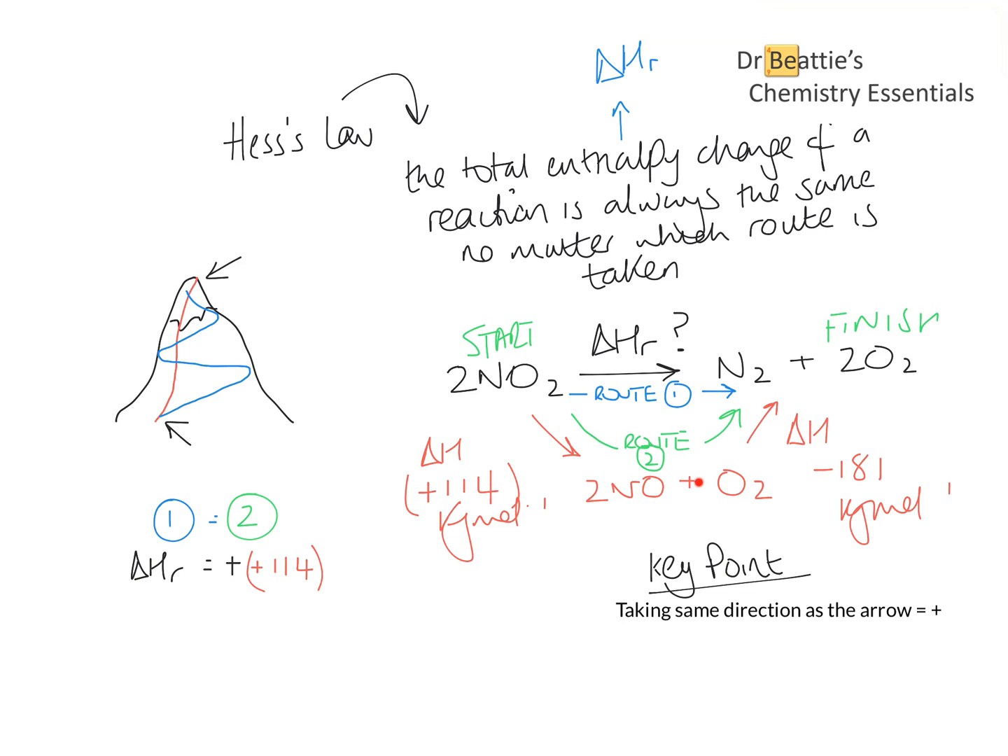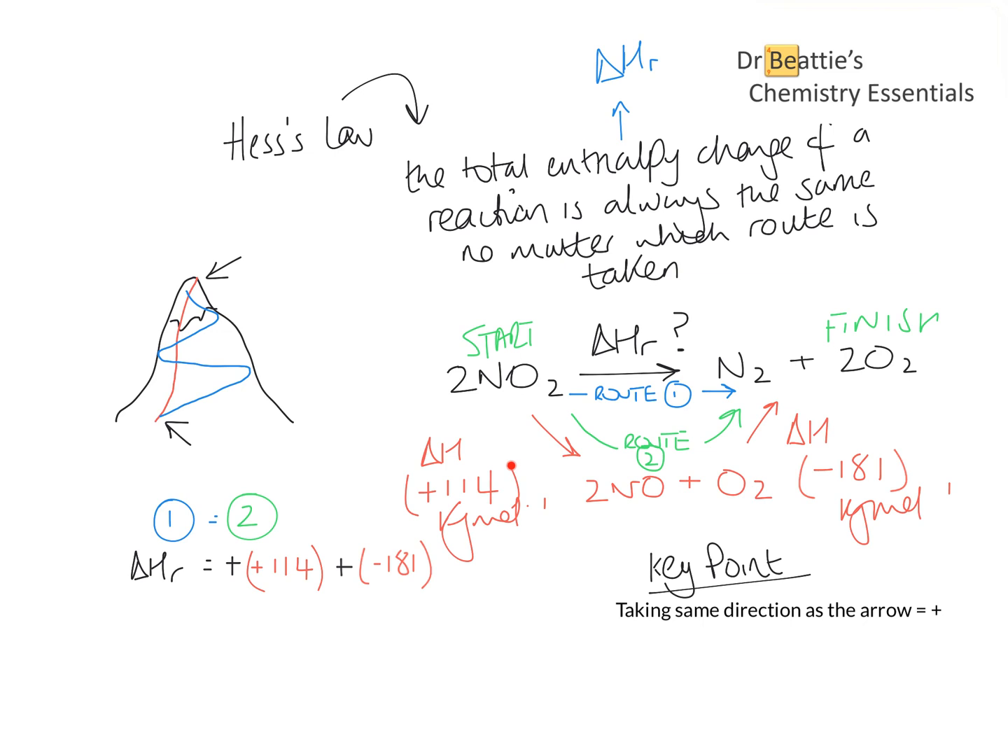So we're currently at this point here. We need to take one more step to get to our finish point. And again, we're going with the arrow, and because we're taking the same direction as the arrow, we put a plus in front. So it's going to be plus, and then the value of this arrow altogether is minus 181. So we put that in brackets, and it's really important to keep the values of each arrow